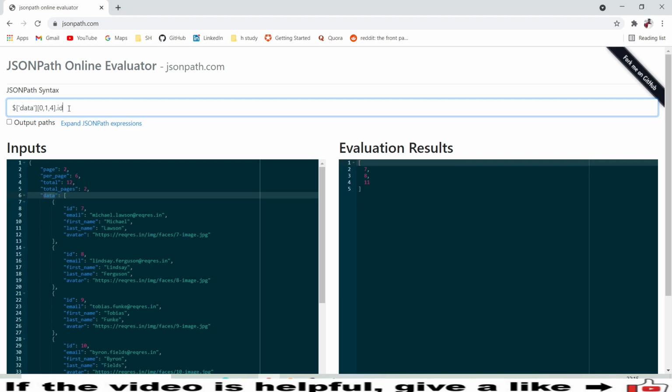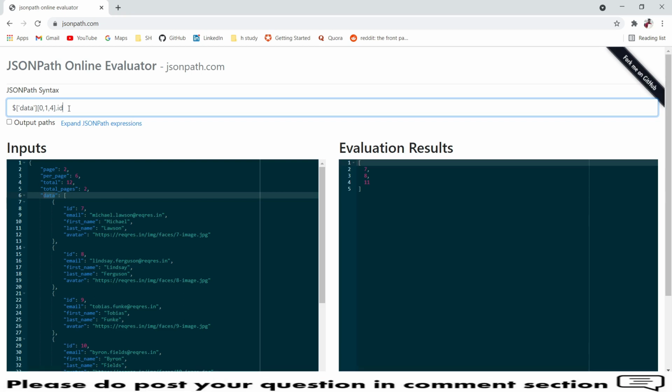So what if I wanted to provide this in an actual test case, how can I do this? Sometimes this will not work. So I need a proper query which will give me the exact results. For that you need to follow different notations. Expressions are available in the form of XPath and CSS selectors. You know how CSS selectors work: you provide the tag name and its value. Similarly, here we will write in XPath format and using CSS selector format. With both in place, we will try to get the response query.